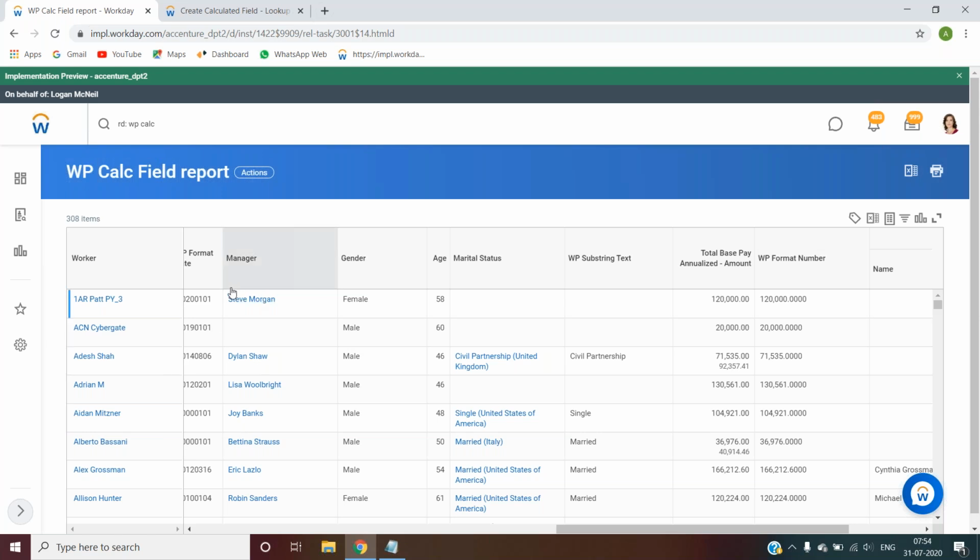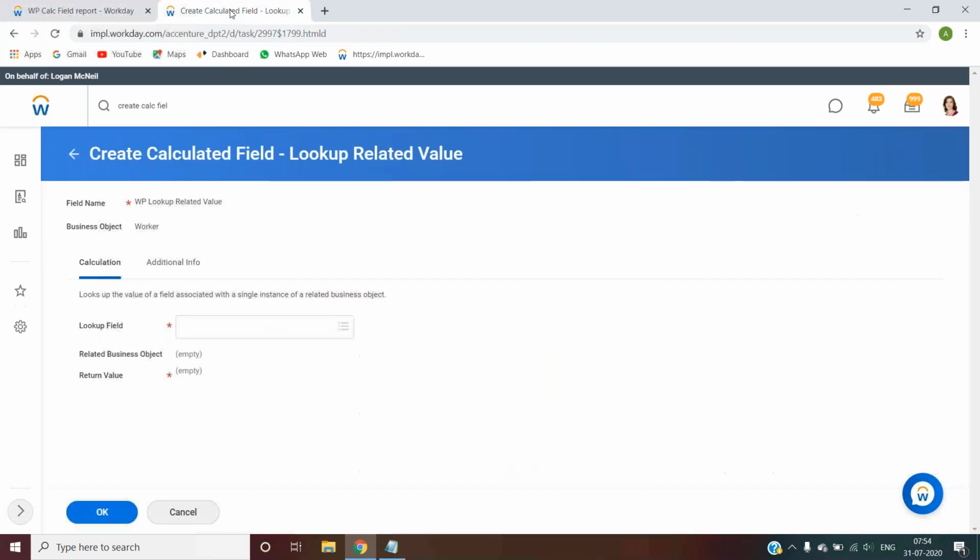This is my related object on my worker business object. So what I'm doing, I'm trying to take this as a reference and identifying or looking up the data for my manager. So that's the related value. So we're just taking one example, okay? Again,